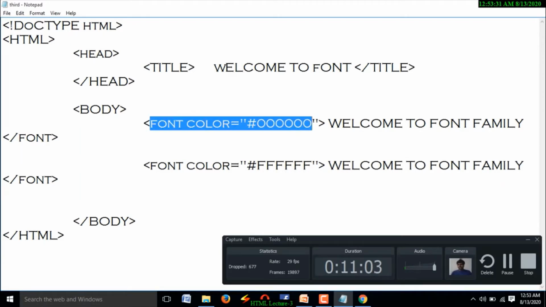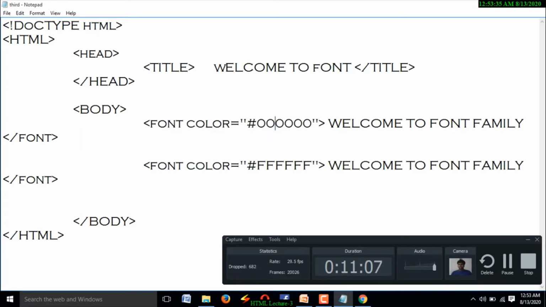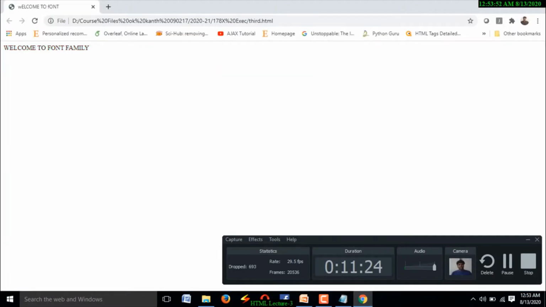For the first "welcome to font family", what am I using? All zeros. Red color 0, green color 0, and blue color 0. And in the second case, all are F's. Red color F, green color F, and blue color F. Save this one and execute it.